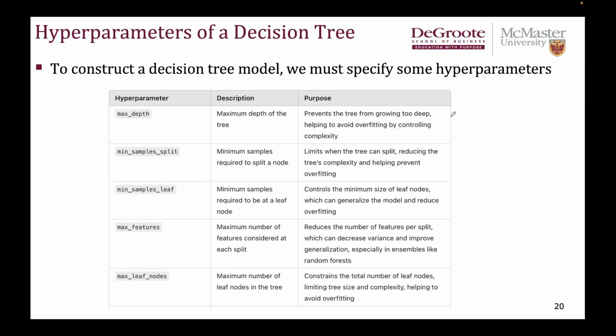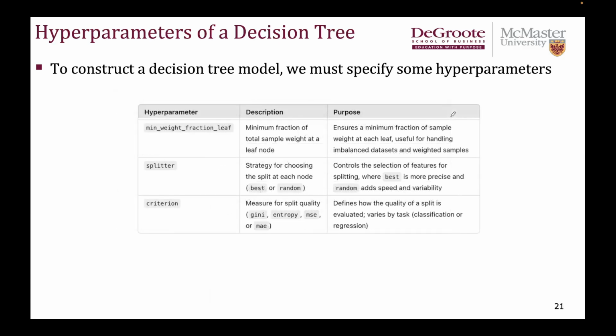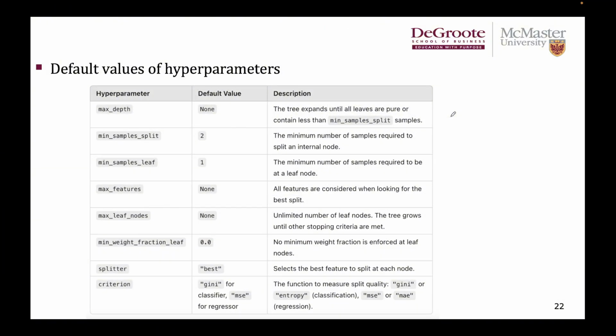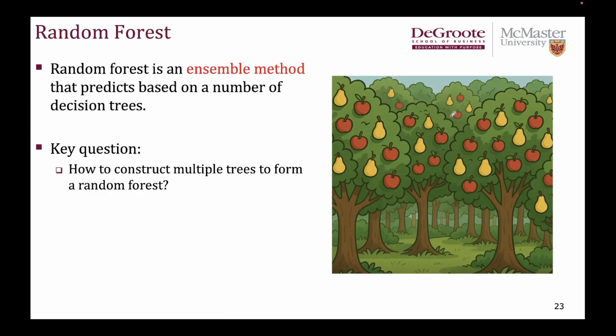All right? So there's a bunch of hyperparameters of the decision tree, where a hyperparameter is something not part of the parameters that are going to be adjusted by the model during the fitting stage or training stage. Instead, you have to specify those parameters before you can actually train the model, right? So it's a long list of hyperparameters, so let's not worry about that now, and we're going to worry about those hyperparameter values when we move on to the notebooks for building the model and using the model to make predictions,